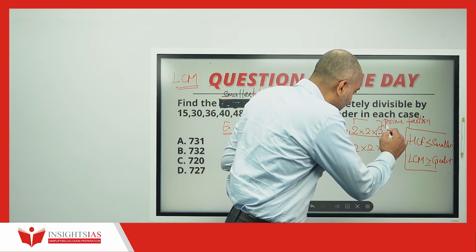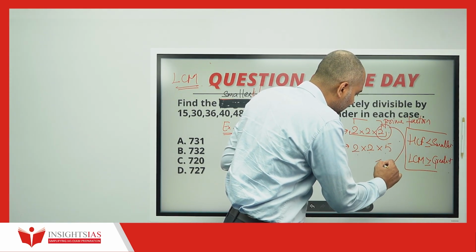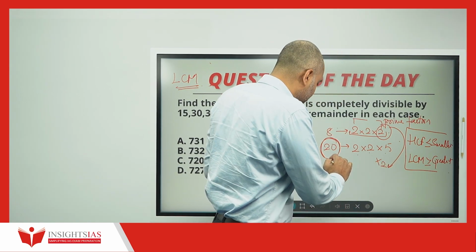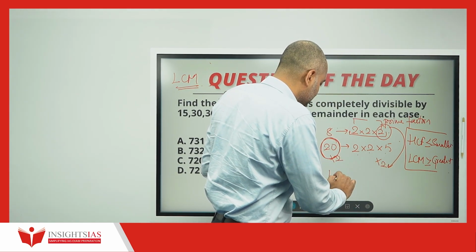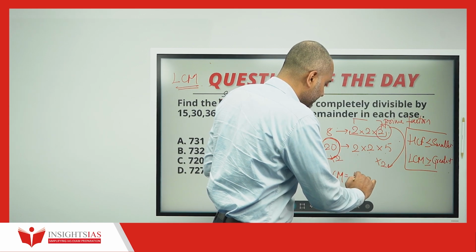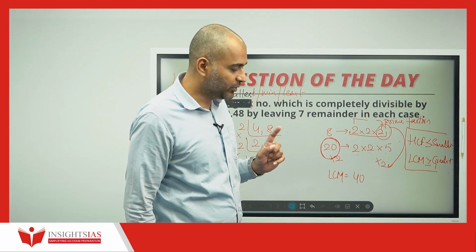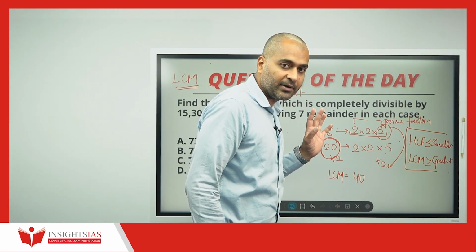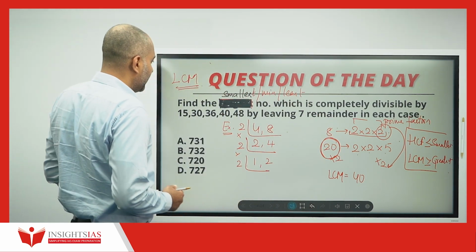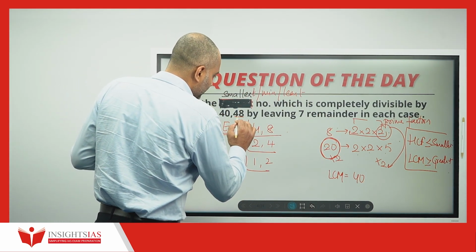Whatever extra this is having, take it and multiply here. If I multiply, that means 20 into 2, which itself becomes the LCM. Now, if I take the LCM in a similar way here, see,